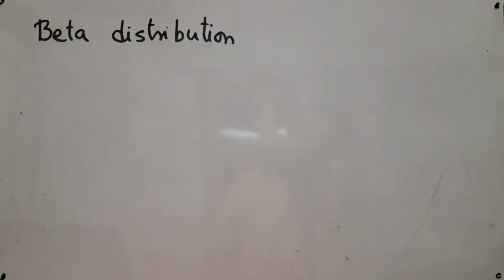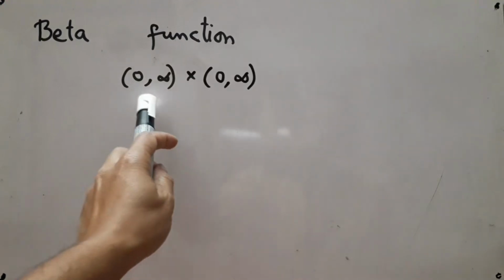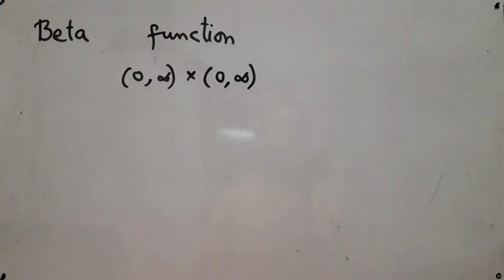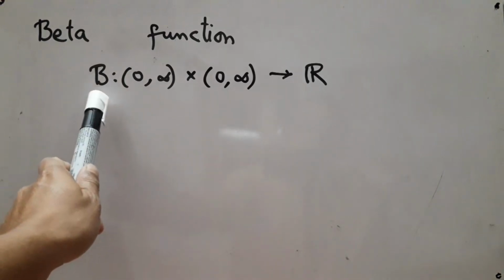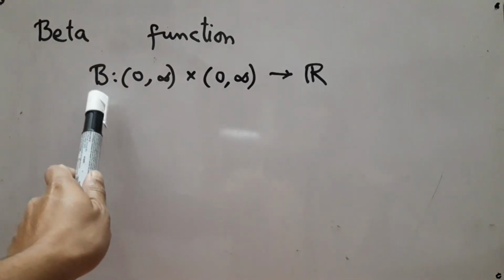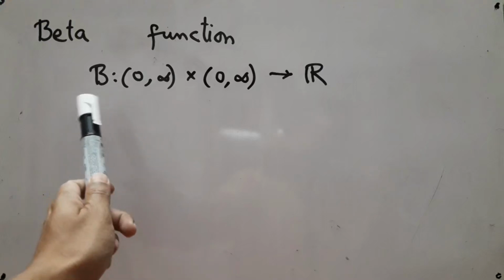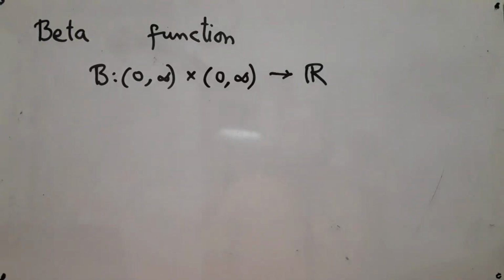From the next video, we are going to discuss the beta distribution, for which we shall need some preliminary mathematics about the beta function. It is a function defined on the positive reals cross the positive reals, that is the domain, and taking values in R. The function is denoted by this letter, which is actually capital beta, and it just looks the same as capital B. It is defined as